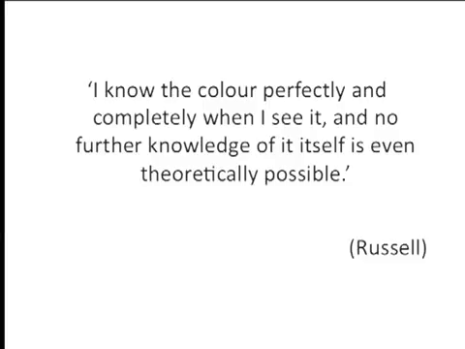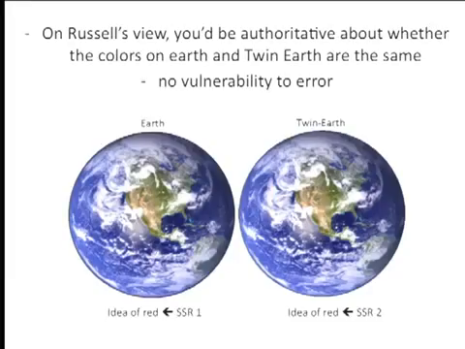But these are knowledge of truths about the colour. Knowledge of what the colour itself is when you encounter it in experience, there's some sense in which that's comprehensive. There is nothing more to know about which colour red is than you have just by looking at something red. That's what he's saying. I know the colour perfectly and completely when I see it, and no further knowledge of it itself is even theoretically possible. Now, if that picture's right, then you couldn't have a twin earth scenario the way I was describing,